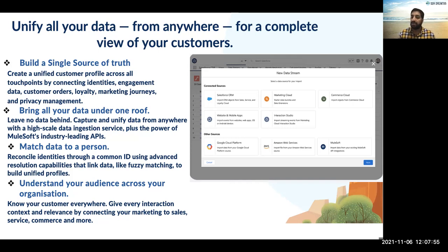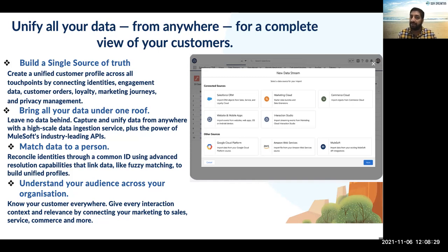Greater segmentation capabilities also allow companies to gain campaign performance insights and optimize for better results, which is best for purposeful reporting, right? Last but not least, there is a range of further benefits and applications, for instance centralizing customer data to manage consent and comply with important regulations such as European GDPR, right? So that's where it gives all the flexibility to give that information. And you can see here we are unifying all the data from anywhere for a complete view of the customers.